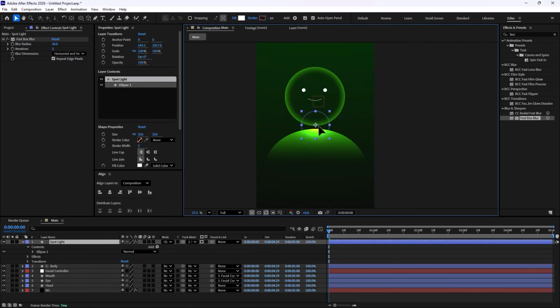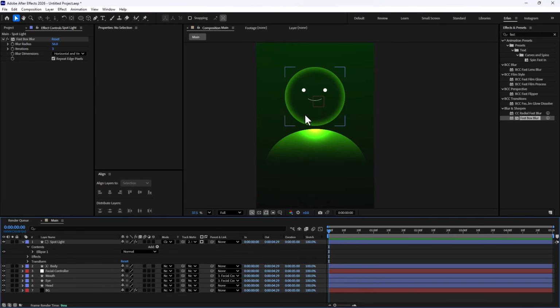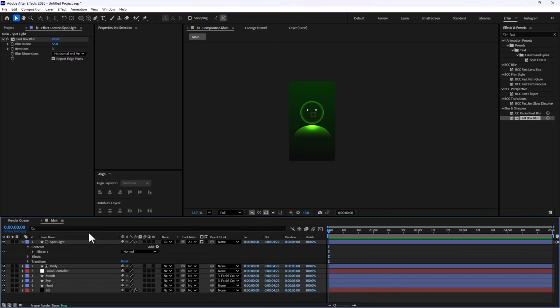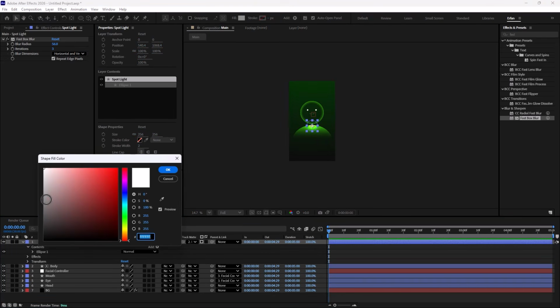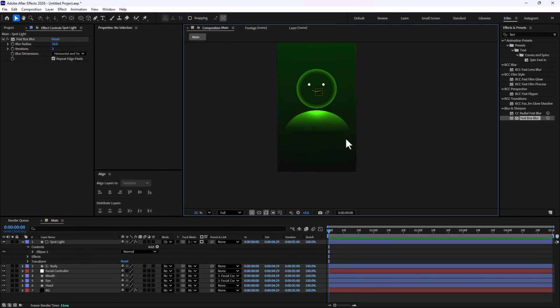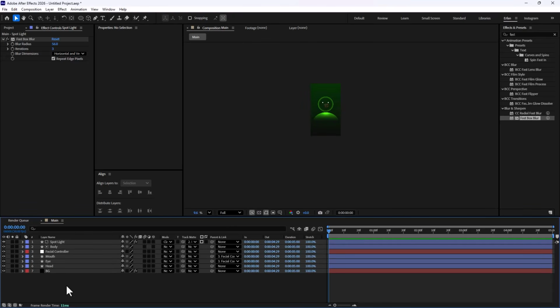I'm going to set it in here, and this will give us the color that we want. Now you can change the color into a darker color if you want to get rid of this yellow color that we had in here. So I'm just going to set it to sort of gray, and this will give us the exact spot that we want in here. All right, so the character design is done.